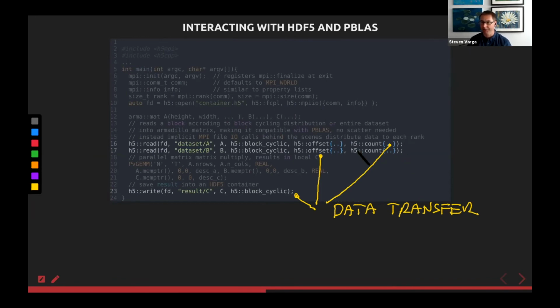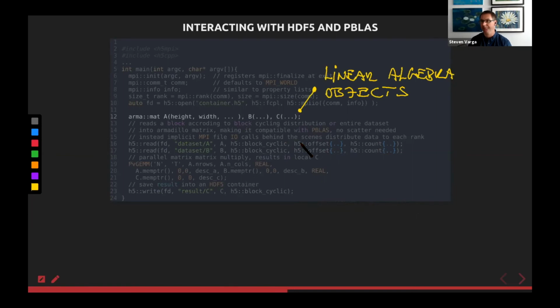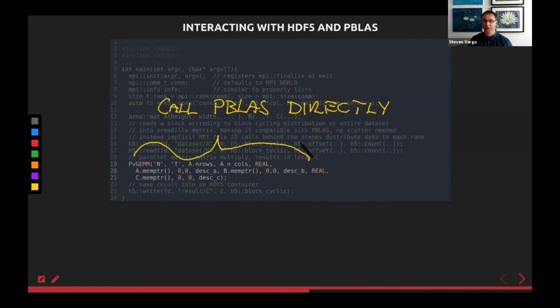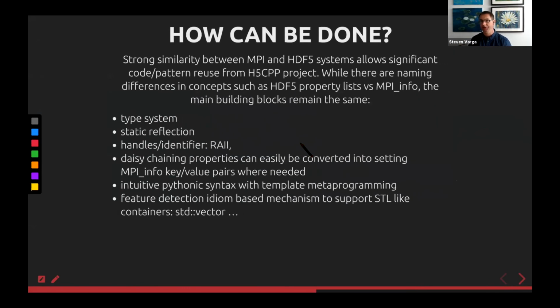The data transfer, the size, and the counts and the patterns can be signaled with sideband information such as the offsets and counts, and linear algebra objects can be supported easily, and the how will be discussed tomorrow. And finally, we can call the routine safely, directly, and then collect the results.